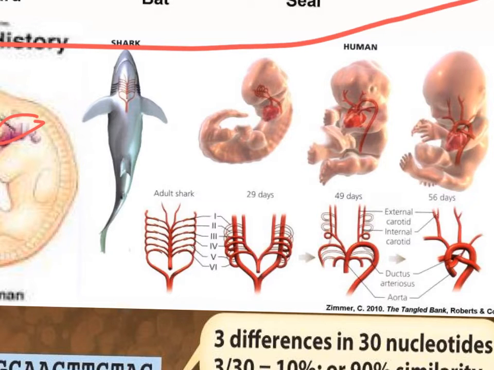This is the circulatory system of a shark and a human baby at 29, 49, and 56 days. Okay? And we can see that all of these different major blood vessels find corresponding ones in the human, including some other ones that evolved later. Okay. And then finally,